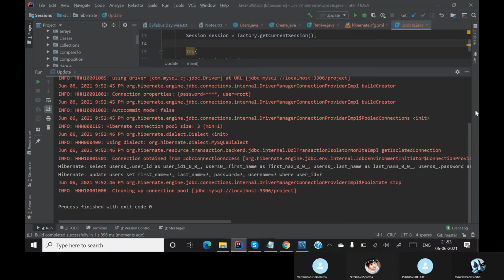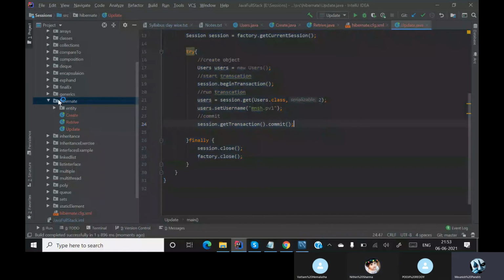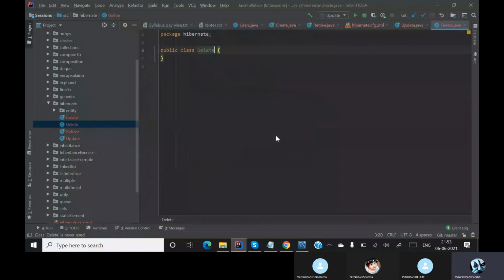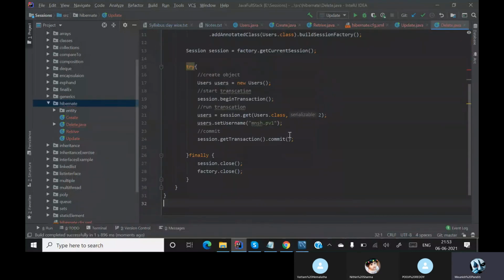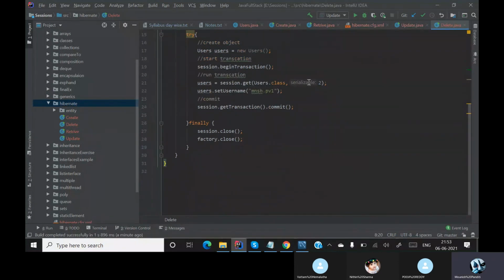Yes, sir. Control A, Control C. Create a new class. Let the class name be delete. Control A, Control V. Change the class name to delete. Here I am getting some data.